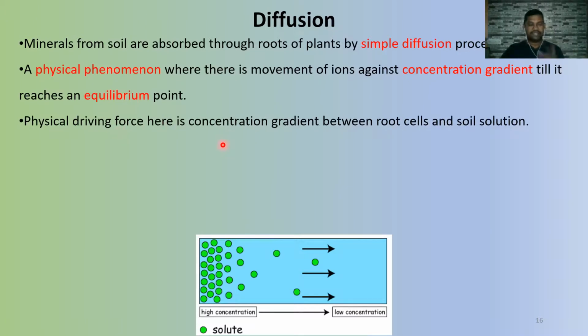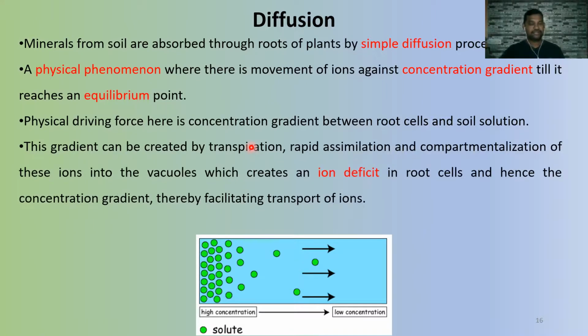The movement here is taking place because there is a concentration gradient, a difference in the concentration. That's why the movement is taking place. So in the plants, how is this gradient created? Because on one side there is transpiration going on. There is a loss of